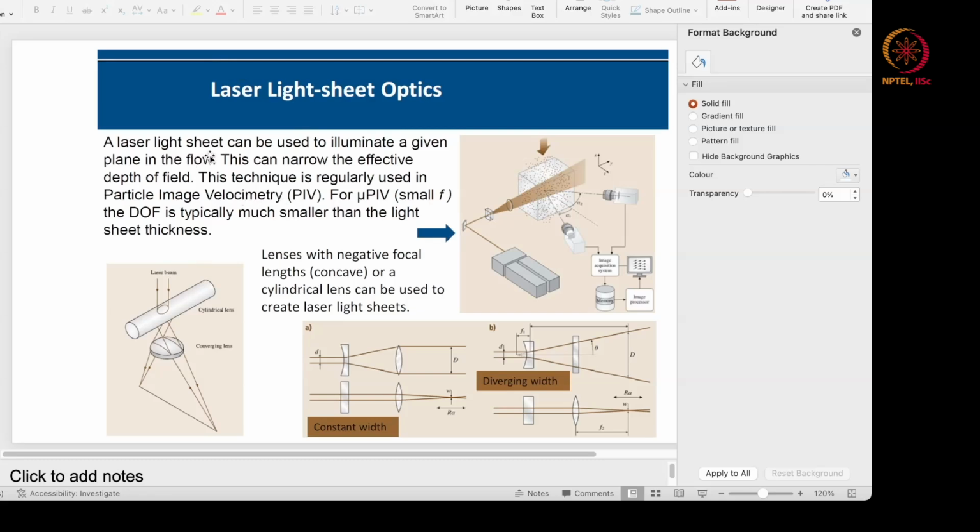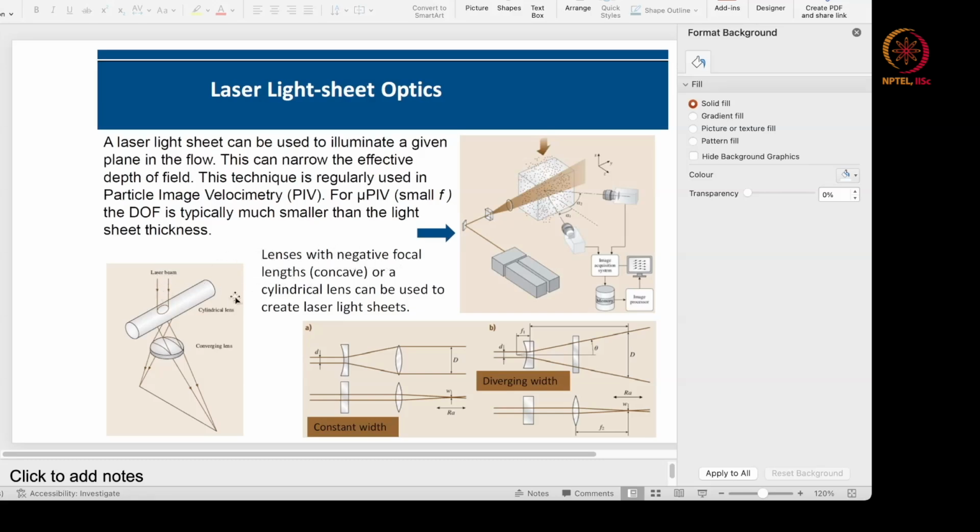Now, the laser sheet optics are regularly used to illuminate a given plane in a flow field, though the laser sheets actually have a finite thickness. Now, this is routinely used in measurements like particle image velocimetry. For micro PIV, of course, it is more of a volumetric illumination, as we will see. So, what happens is that in these cases, the